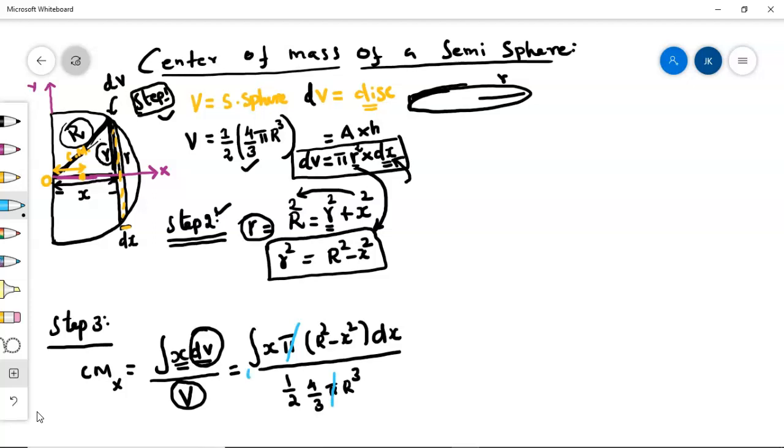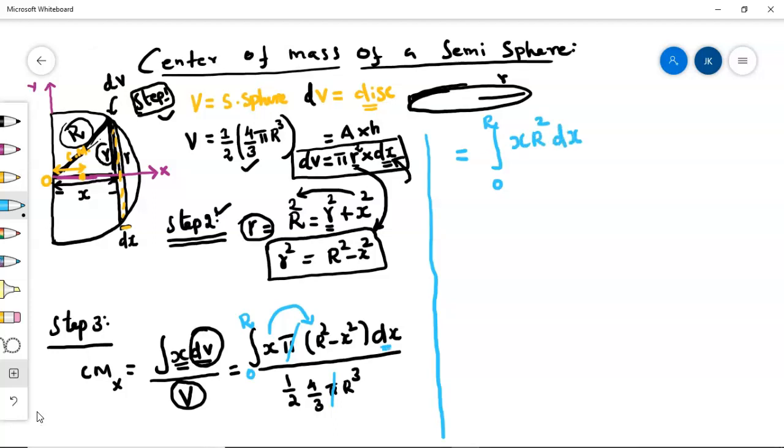Now the limit is here 0 to r. That is the maximum limit for the semisphere, the radius 0 to r. Now we are deriving and doing the calculation one by one. 0 to r. Now this is multiplied by this. X times r square is x r square. The dx is common, so dx, and here is a minus, so put here minus, another integral 0 to r,